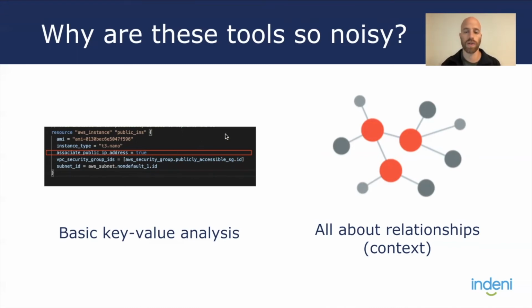This is where the relationship aspect comes into play. It is very important to understand what are the other resources that are connected to this EC2 instance. What subnet is it in? What security groups is it using? Is this subnet accessible to the internet? So there are many other aspects to consider instead of just looking at one field of this specific resource. However, most tools resort to doing that because it is faster and it is cheaper to develop. Unfortunately, though, the impact on developers is a very negative one, and so these tools end up failing in the